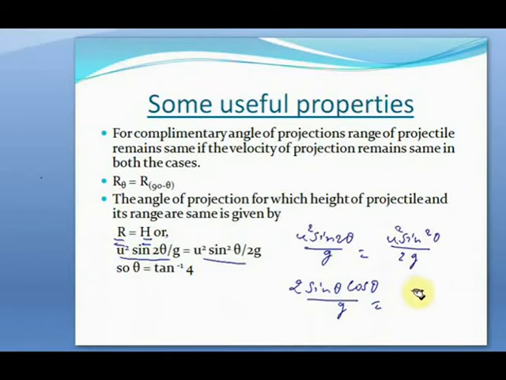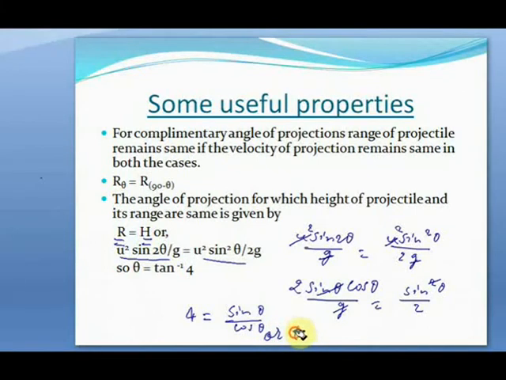We can cancel out u square and we can cancel out g, so this will be equal to sine square theta by 2. From here we can get 4 is equal to sine theta by cos theta. Cancel out this sine theta,